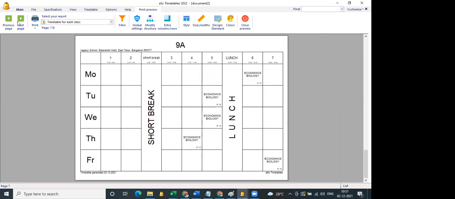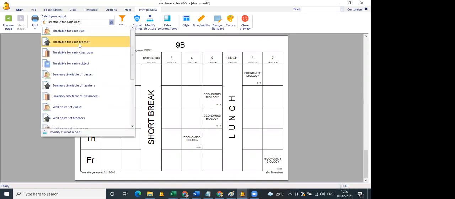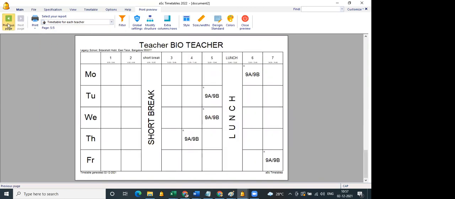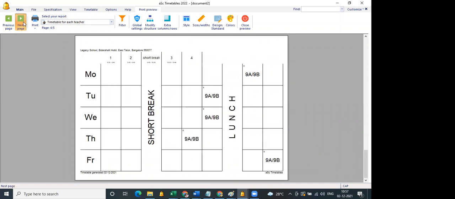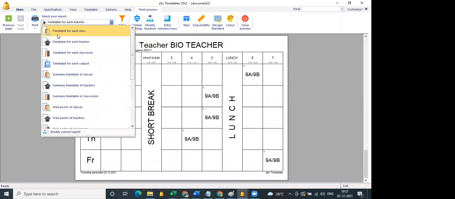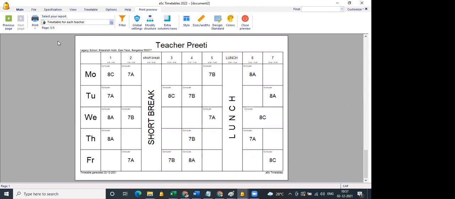You see, for 9A and 9B, economics and biology will be happening at the same time, and similarly for the teachers. Both the teachers will be involved, the eco teacher and the bio teacher, and the classrooms will be these two classrooms, 9A and 9B. Have I answered your question, madam?